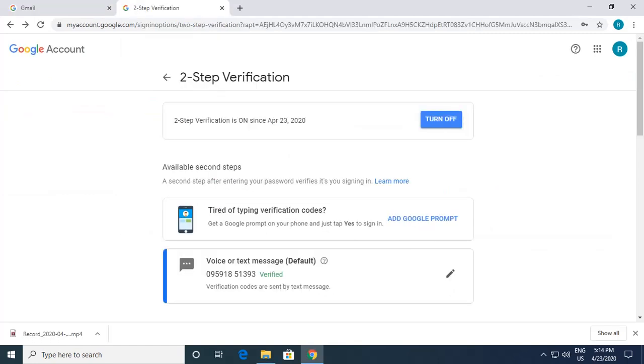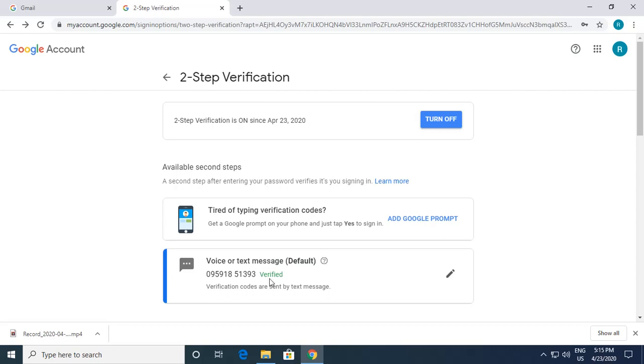In the two-step verification, other than receiving a text message or a voice message as a code, you can try a Google prompt. A prompt is nothing but a yes or no prompt you get on your smartphone that has internet connectivity, so you don't have to wait for an SMS and type it. It happens when you don't have a proper mobile network, but you have internet connectivity, like Wi-Fi. In that particular case, this will help.